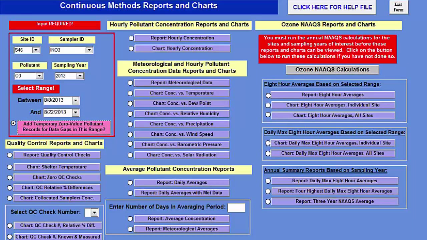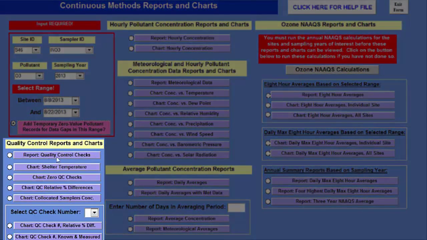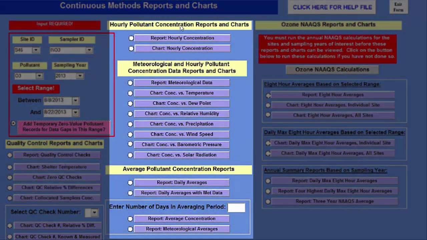And now we're going to look at all of the wonderful reports and charts that the toolbox has available. The way this form is set up is these yellow areas are labels that tell you what these different charts or reports are. Right under the input required area, we have quality control reports and charts. Up here, we have our hourly pollutant concentration reports and charts. Then we can do some comparisons with our MET data and our pollutant reports and charts,